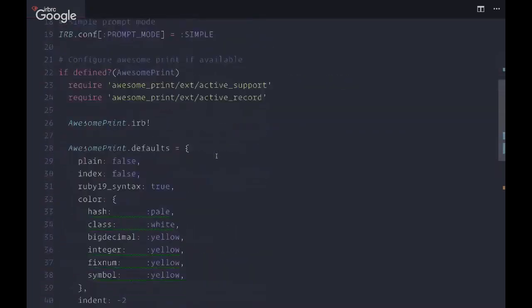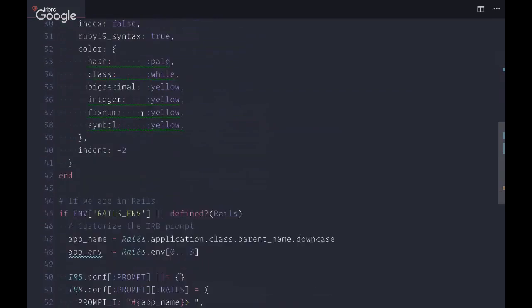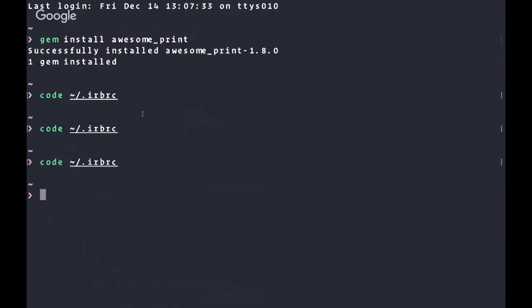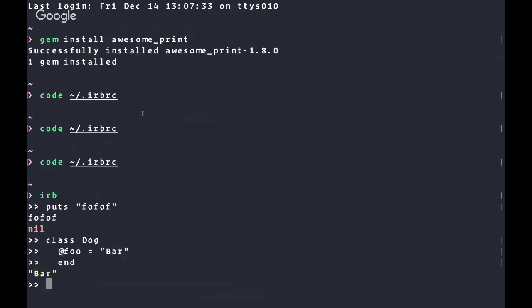So once you get that pasted in, and you have that gem installed, if you open up your IRB prompt, it'll look slightly different than it did before. Simpler. And if we do something like this, we get that. But if we do something like class